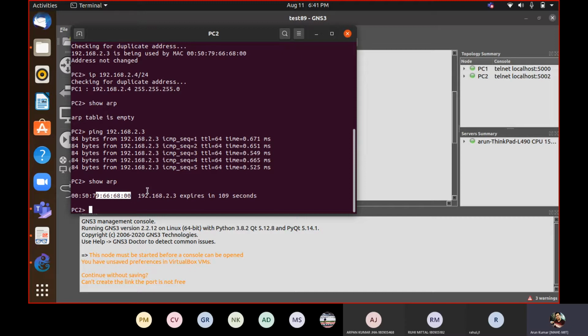So 0.3, what is its equivalent MAC address? Though we are pinging an IP address, there is a direct connection. So on layer 2, it requires this mapping, because it can't forward based just on the IP address. It requires the MAC address on layer 2. So it is providing this. And it will expire in 109 seconds or so, because I have explained the reason why it will only maintain it for a brief moment.